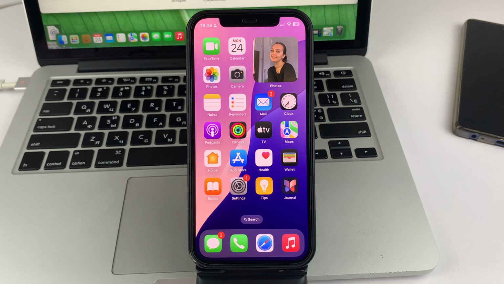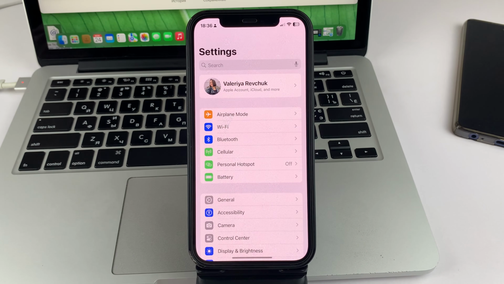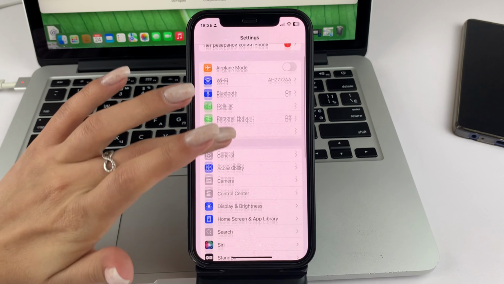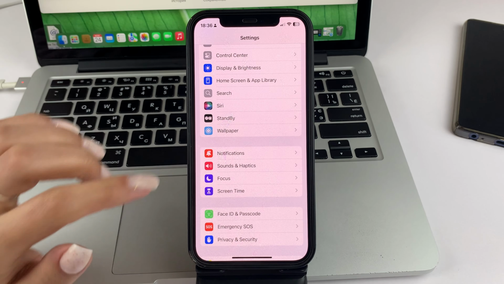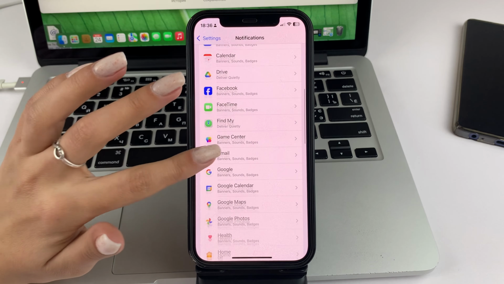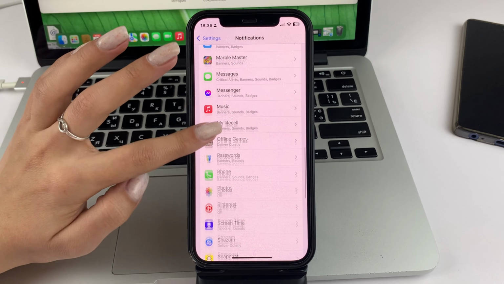Well friends, let's go ahead and get into this topic, and I'm going to show you two methods how to do it. For the first one, please open up your settings and then scroll down a little bit. Go to the notifications section, and here also scroll down until you find the messages section.